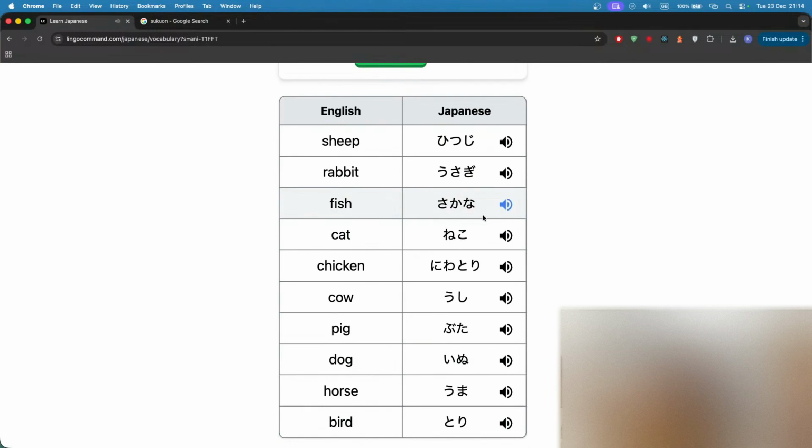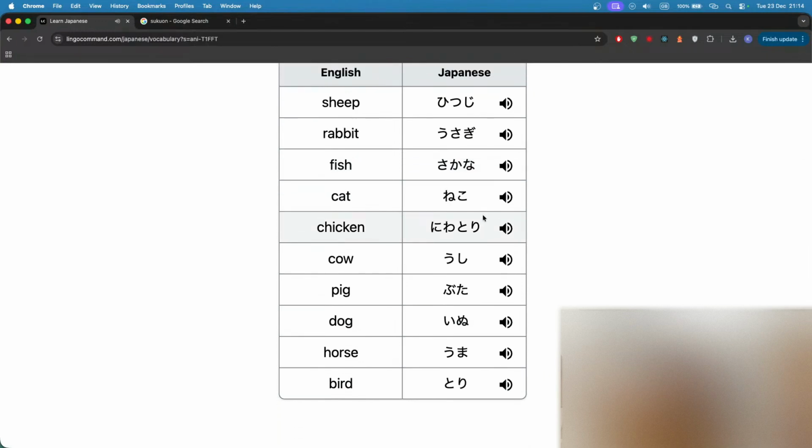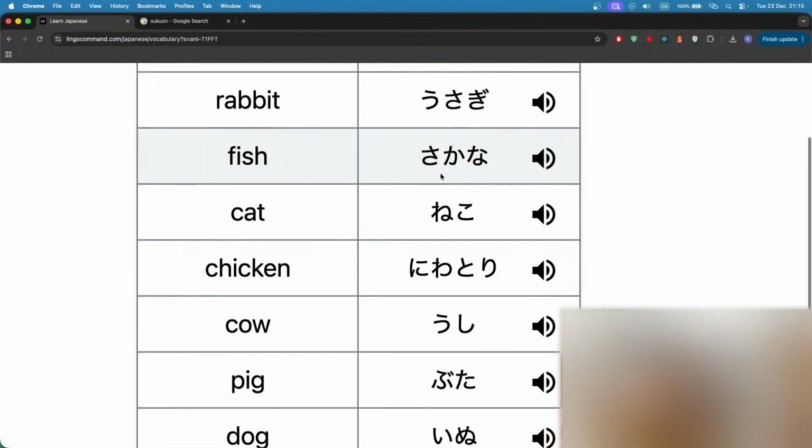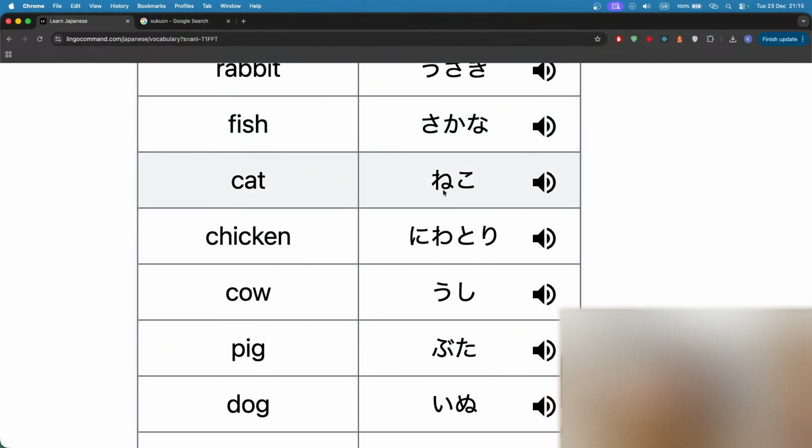Sanaka. 魚、 There we go. Okay, so I kind of remembered the word and just stopped reading because obviously this is ka, right? So it's not sanaka, it's sakana. Neko. 猫、